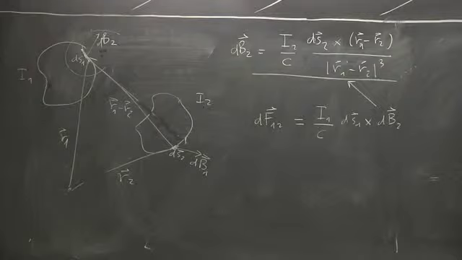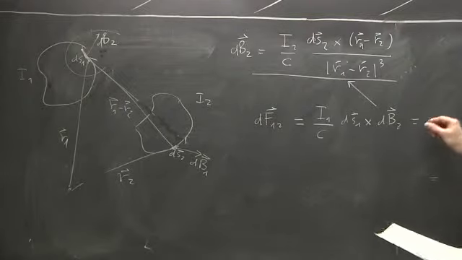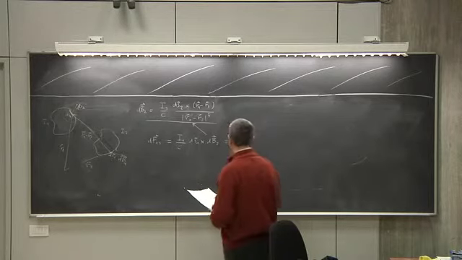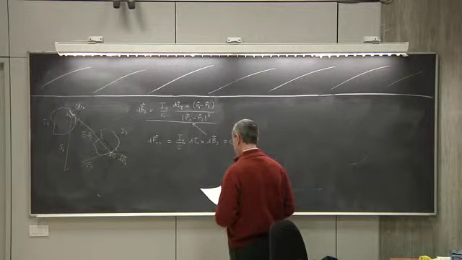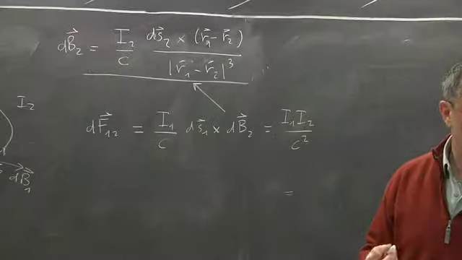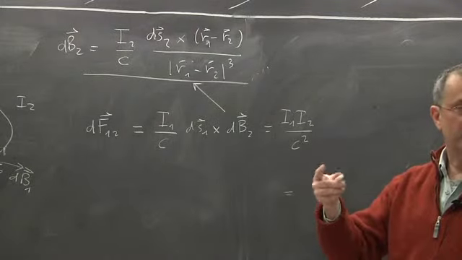So you see, before I just had one wire, now I have two wires. But that's really the equivalent of the Coulomb force, right? I have two wires with some currents, and what is the force between these two? Well, it's just a matter of plugging in, right? So you see, it goes like the product of the currents. So it's divided by C squared. C is a big number, you know, it's like 3 times 10 to the 10th